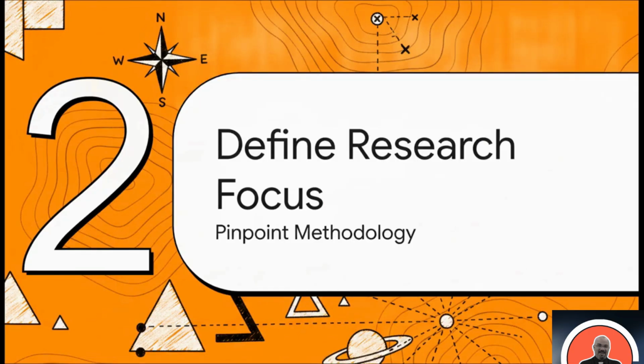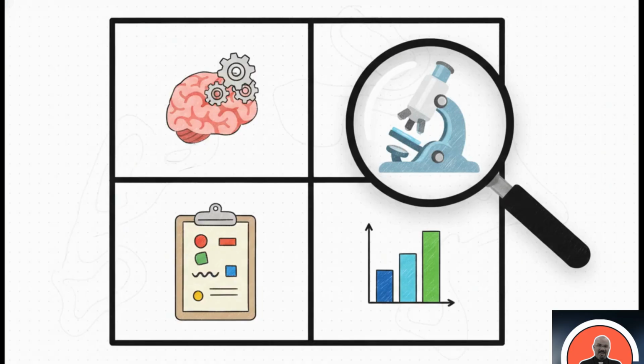Moving on to Section 2, defining your research focus and pinpointing your methodology. Now that you've got a feel for the general terrain, it's time to define your exact coordinates. Just saying you're in applied physics or something isn't going to cut it. To study the exact same scientific phenomenon, you might take a purely theoretical approach, or you might go experimental. And hey, if you go experimental, you have to choose between qualitative or quantitative methods. Every single one of these branches drops you into a slightly different neighborhood within your broader scientific community.